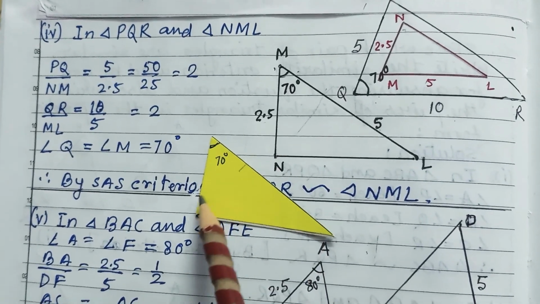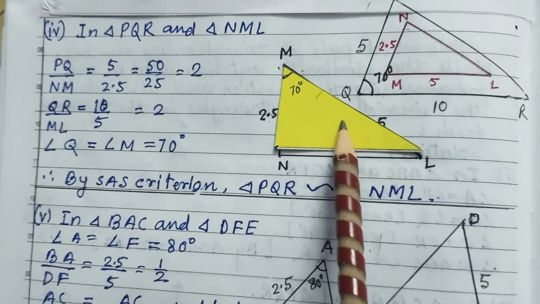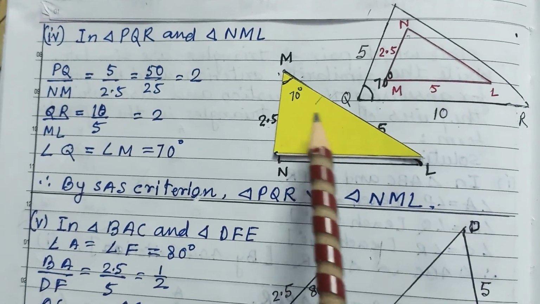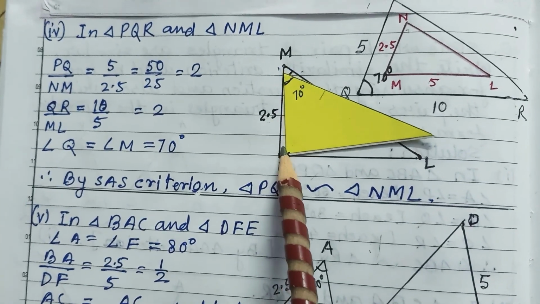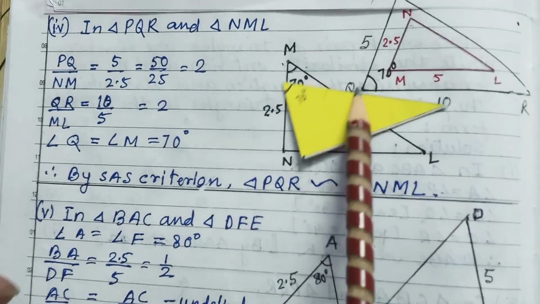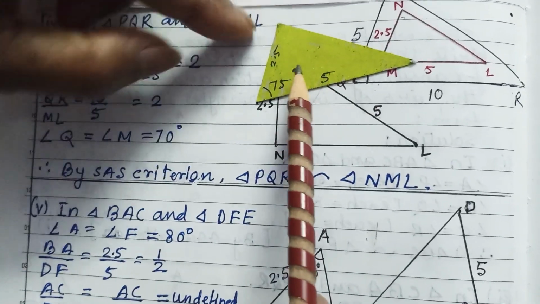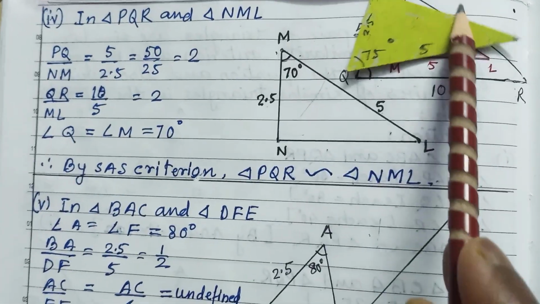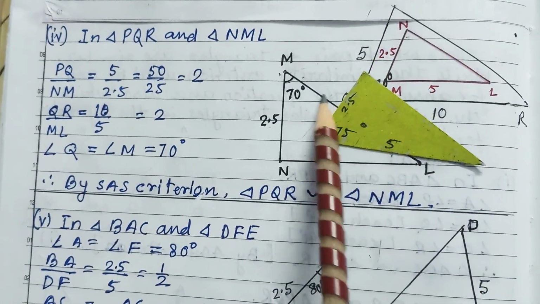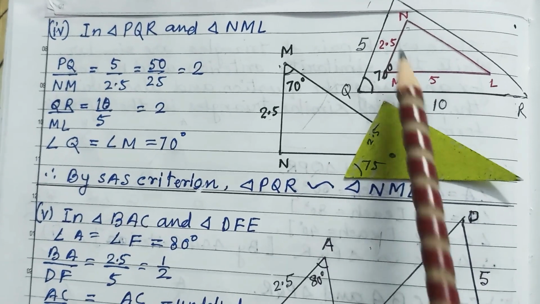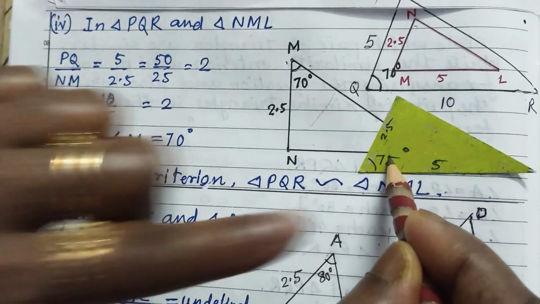For that you check it, just see this is the triangle. Now how can we change it? We have to take the corresponding angle. It is 2.5, so we can shift it in this way. Just reverse it. Now shift it in between here, so N is here. Now check this triangle. In this way I shifted it inside. Now it is 70 degree, and it is also 70 degree.